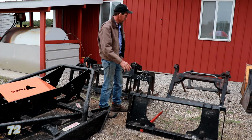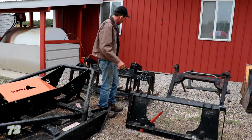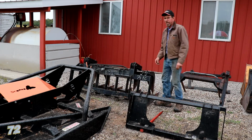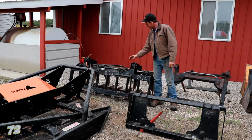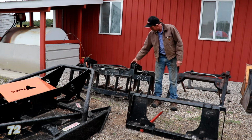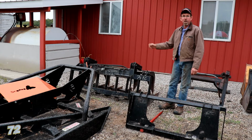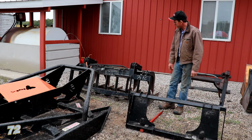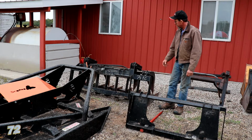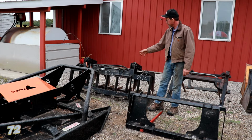Incredible difference in efficiency, whether you pick up 2 bales or just the handling it, as opposed to the single spear. As far as in our land clearing, the grapple, again, a fairly inexpensive piece for the amount of work that it'll do, whether clearing land, picking up brush, rocks, pen pack manure, works excellent on,